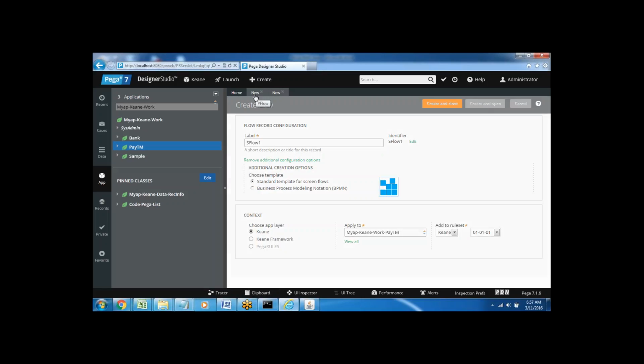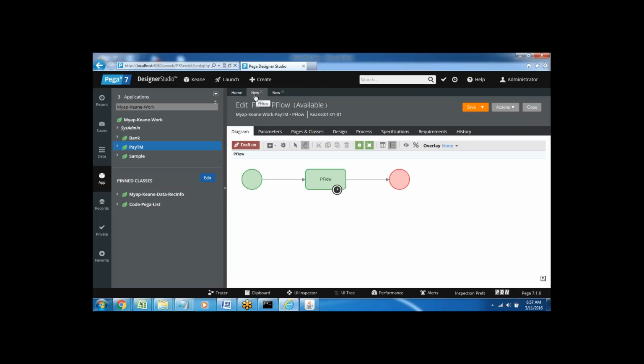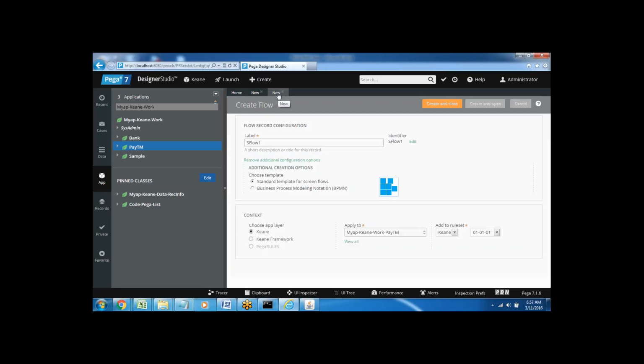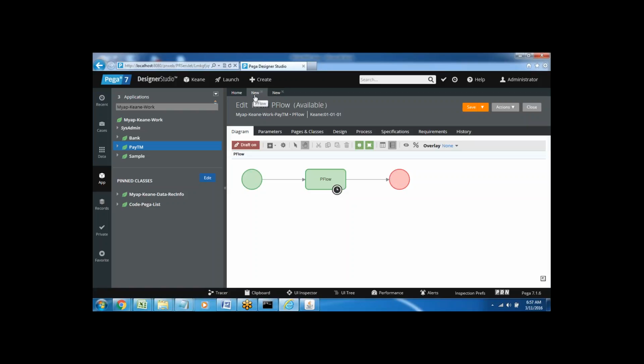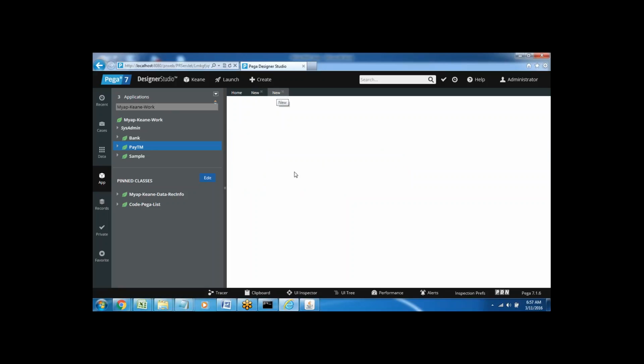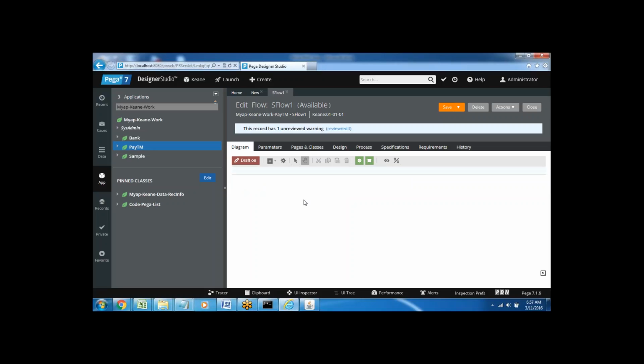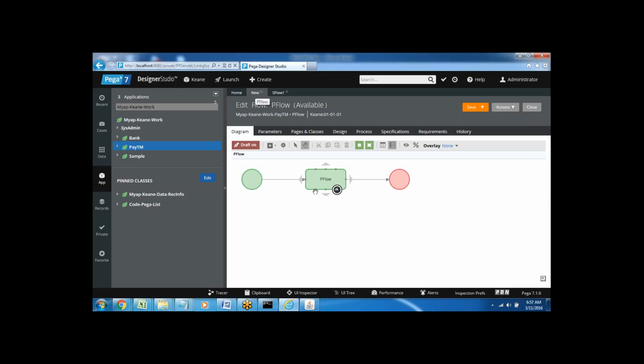Previously, without giving the template, if you open a flow, it becomes a process flow. But how to identify it? Directly by seeing it, you cannot identify whether it is a process flow or a screen flow. If you open this flow like this and the screen flow like this, by seeing this page we cannot identify directly. By seeing the shape properties we can identify. Generally by seeing the